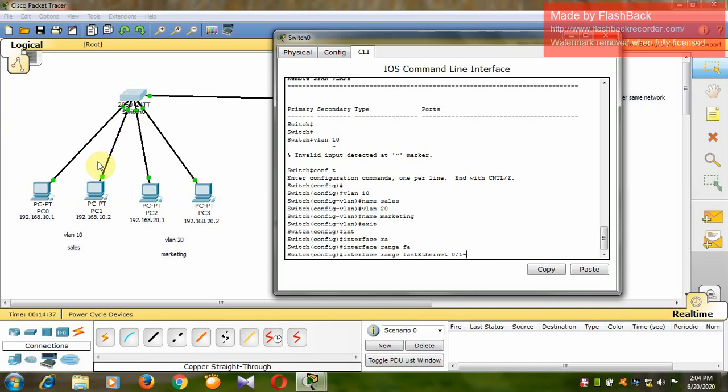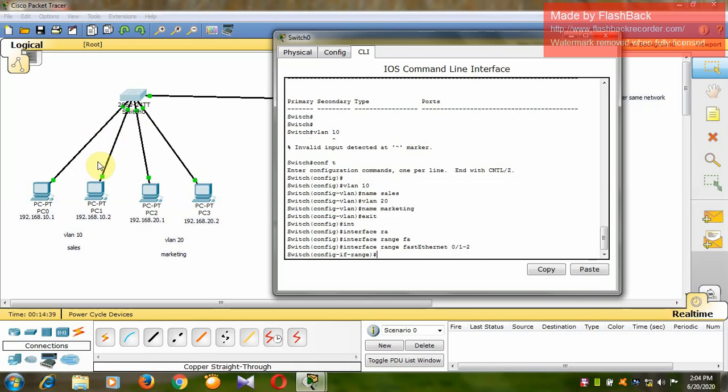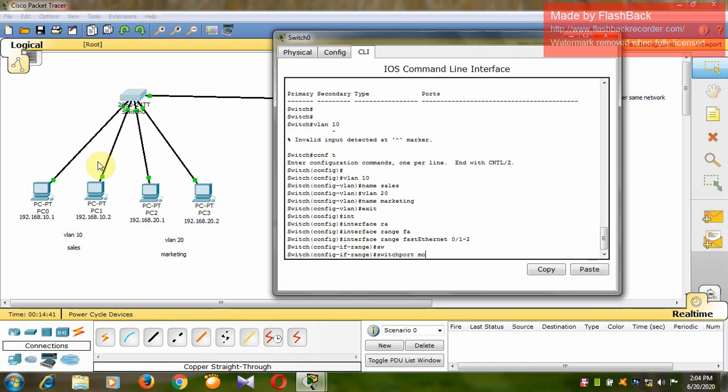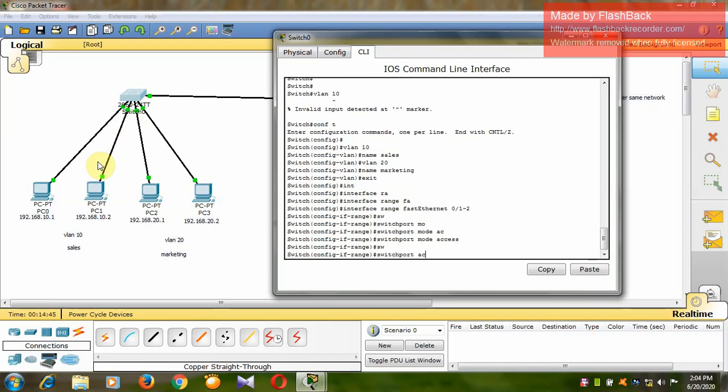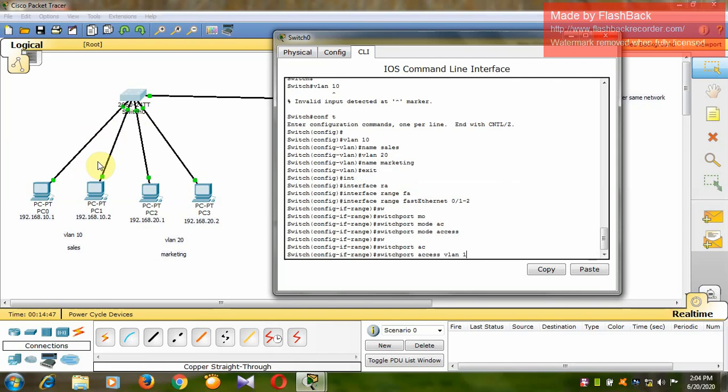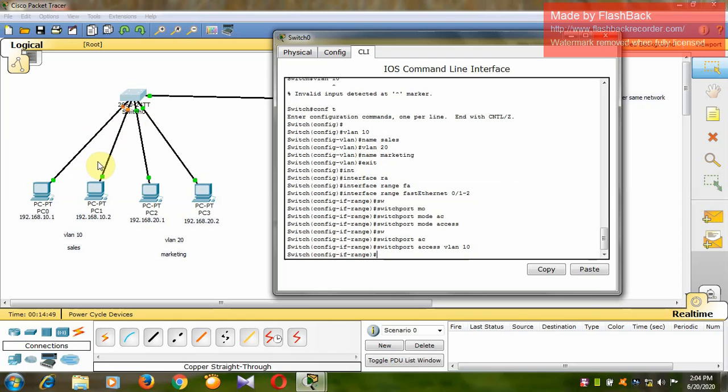Now we have to write switchport mode access and switchport access vlan 10. So this will belong to VLAN 10.